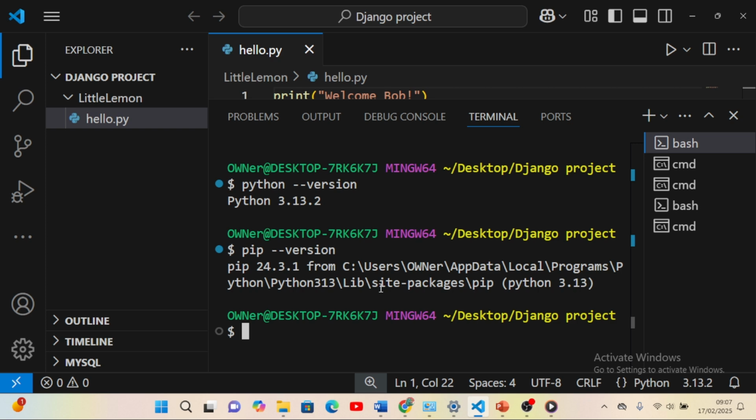Now that we have verified that Python and pip are installed, we can proceed to installing Pipenv, that is pipe environment. The recommended way to install Pipenv on most platforms is to install it using the command